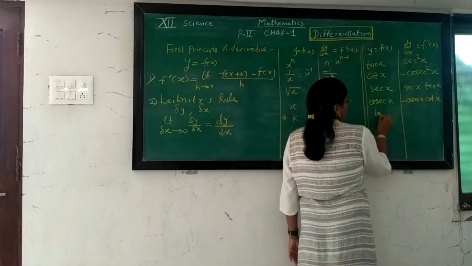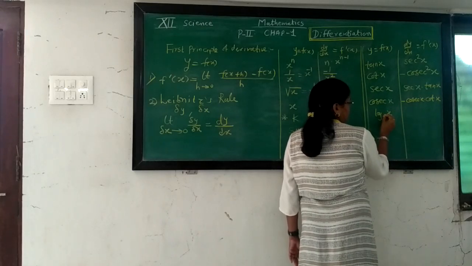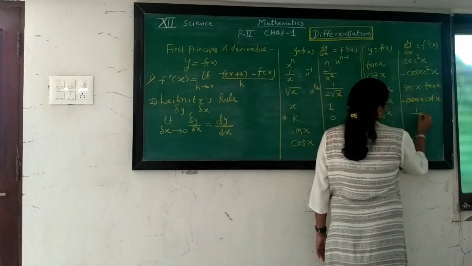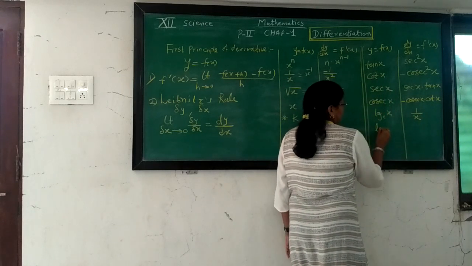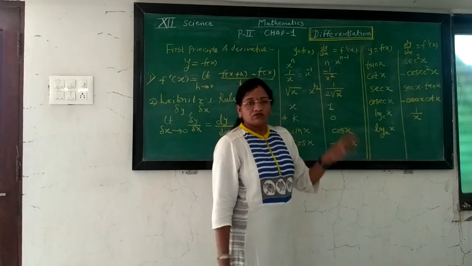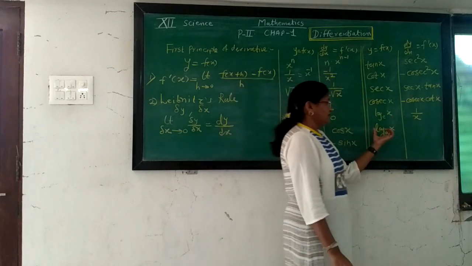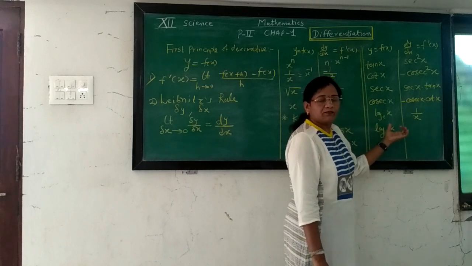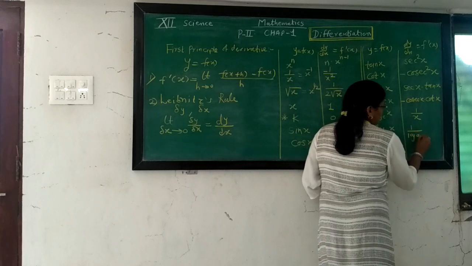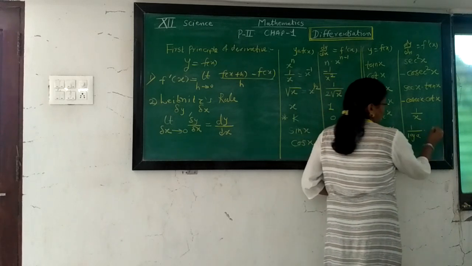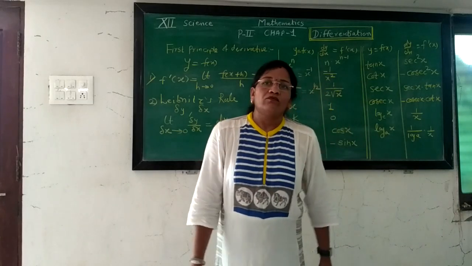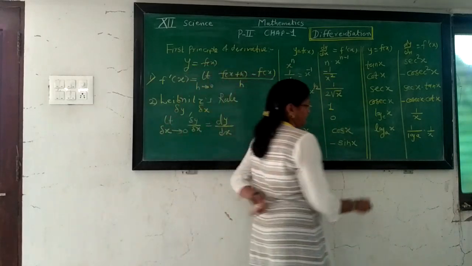Now we take derivative of log x. In general, we can take this log x with the natural base, that is e. Its derivative is 1 upon x. If we change the base to a, then by using rules of logarithm, this can be written as log x upon log a. So here 1 upon log a is a constant. To find the derivative of log x, it can be multiplied: 1 upon log a into 1 upon x.